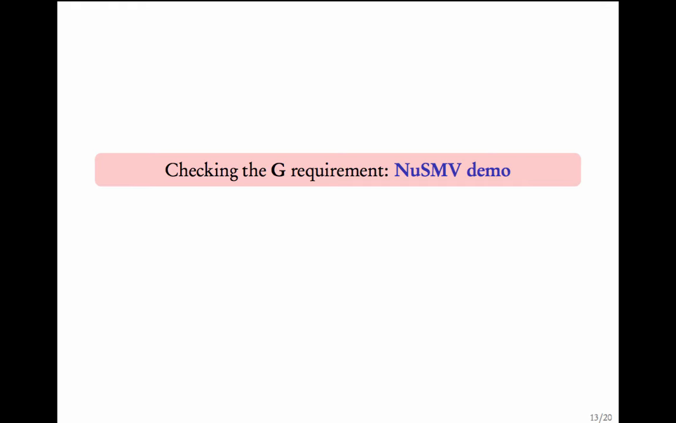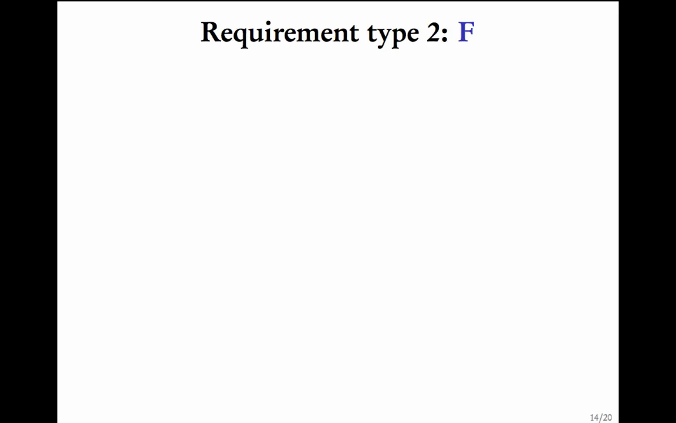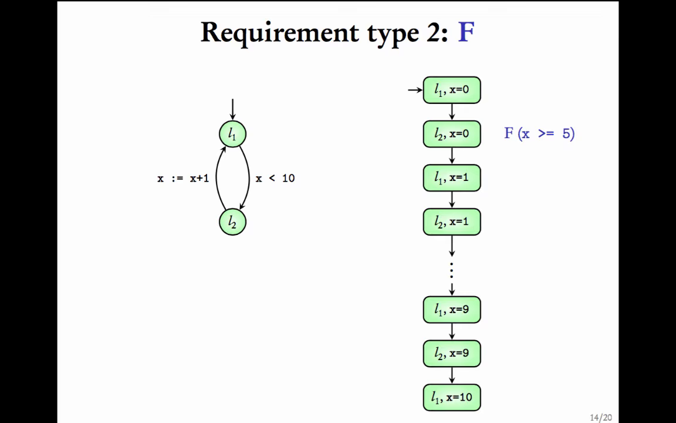We saw how to check the G requirement on NuSMV models. Let us now look at another type of requirement, which is called F. F stands for future. Let's understand F through examples. Consider the same program graph again, and suppose I write the requirement F of x bigger than or equal to 5. This means that